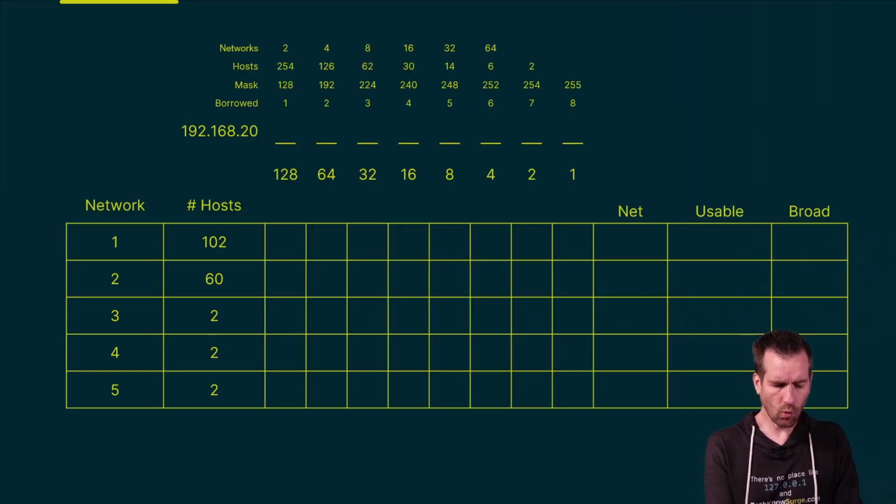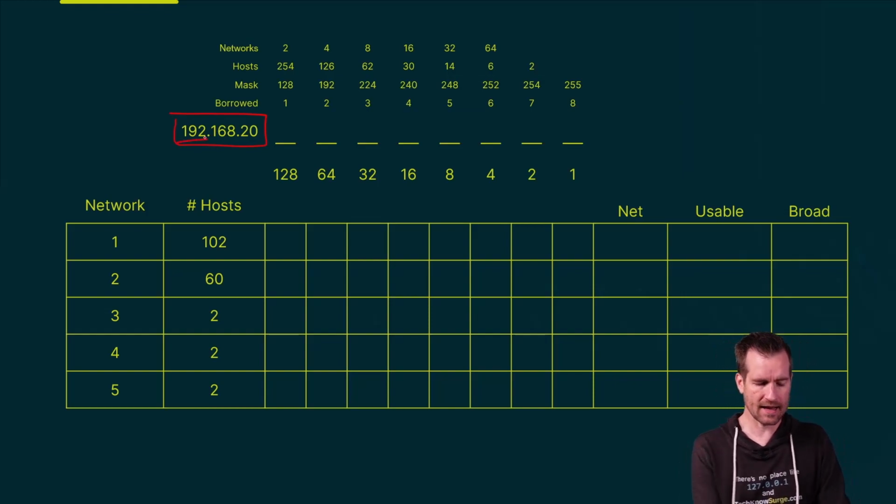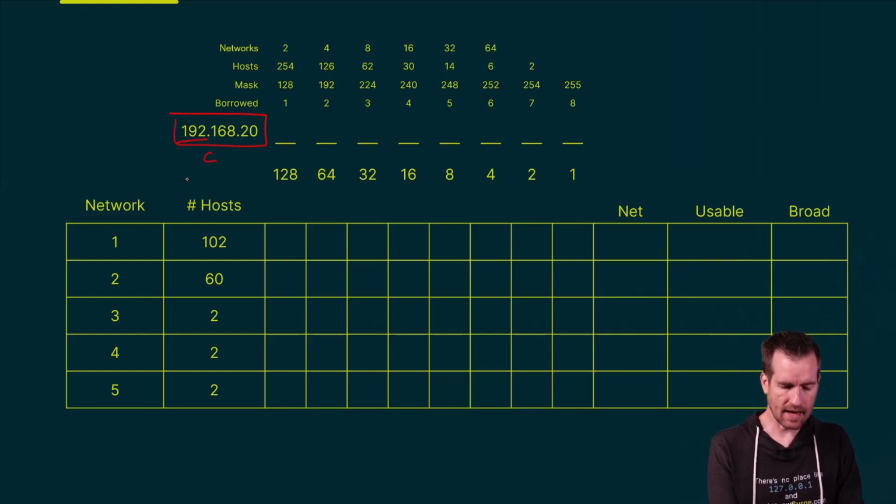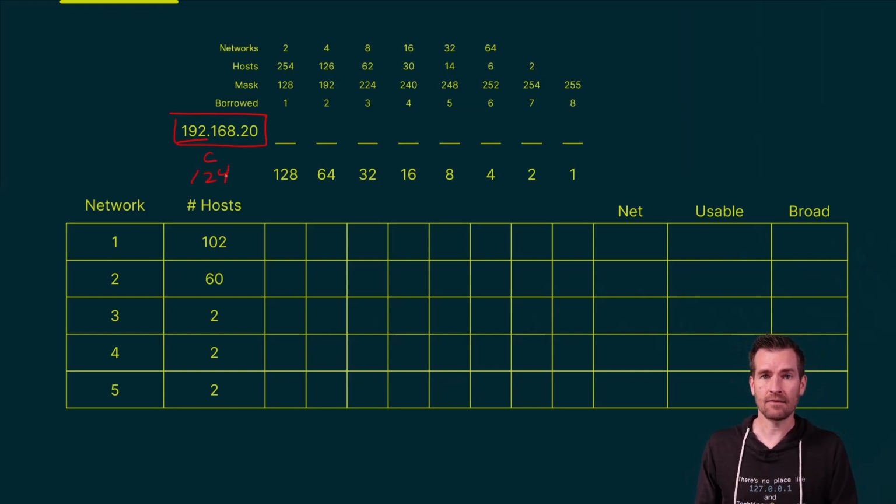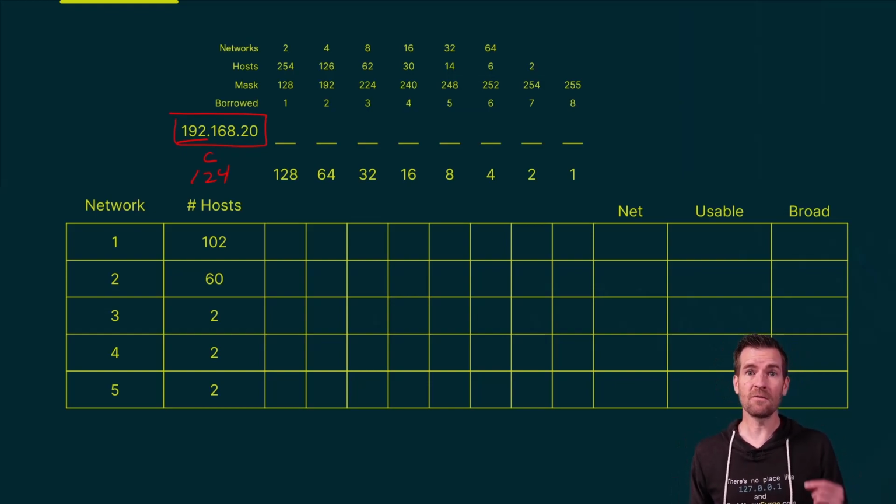In this example, we're going to be working with a Class C address. I know it's a Class C because it's the 192, so that is a Class C, which is a /24 by default. So we have a 255.255.255.0 default subnet mask. All right, now I'm going to be subnetting this, but I'm going to do variable length